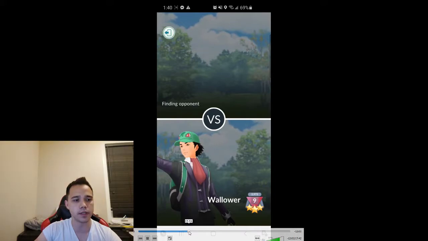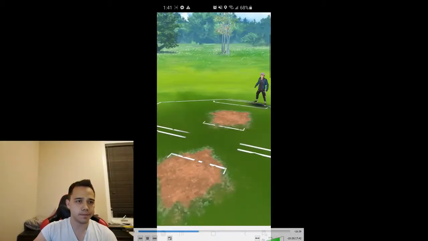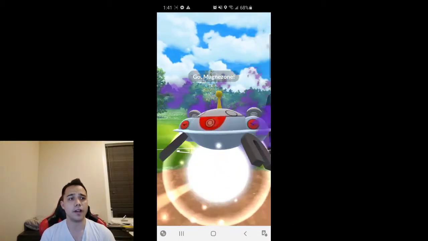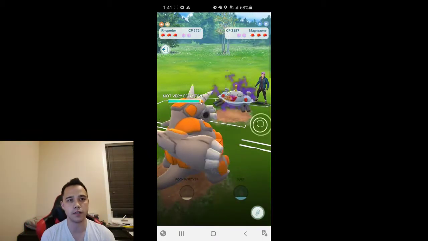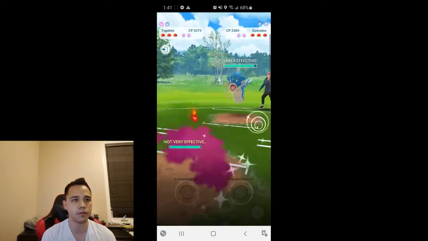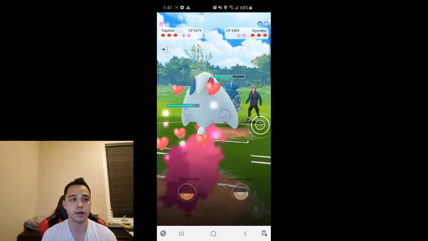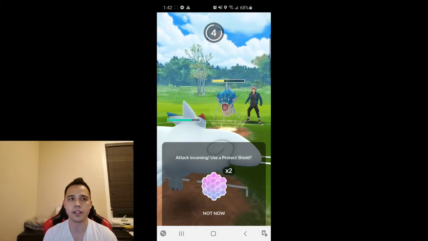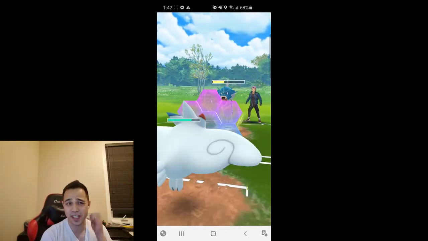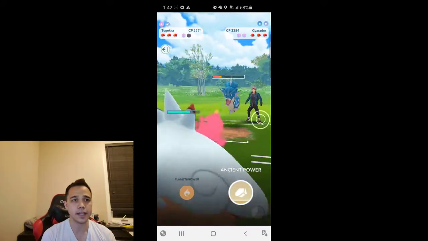I think the queue times get really long around here, so I'm just going to fast forward a little bit. So let's see what we have here. We have Rhyperior versus Magnezone. So Magnezone is probably the best lead for this lineup. It's very hard for me to lose a game with a Magnezone lead. They switch into the Gyarados, I switch into the Togekiss, and this is a very easy matchup. I do have to spend a shield because they can get to a Hydro Pump and flip the matchup, and I desperately want to